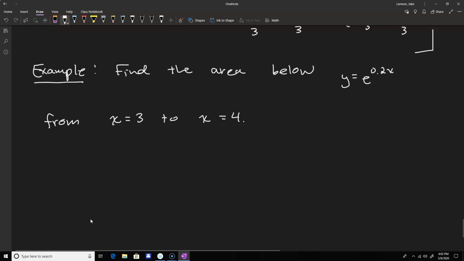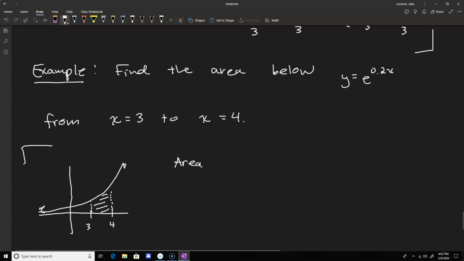Again, I'm not going to draw the picture this time, but maybe I will. The picture's not so hard. We just kind of have a flattened version of our typical exponential curve. So we've got something like this. We've got 3 over here somewhere, and we've got 4 over here somewhere, and we're again just trying to find an area. Exponential functions, we know, are always going to have a positive y value, so